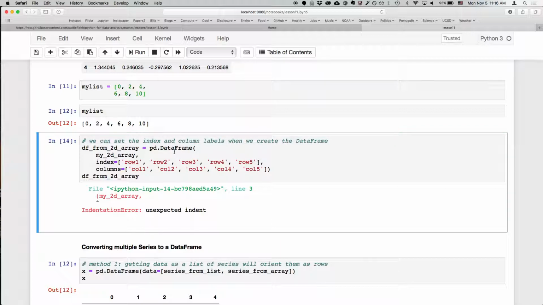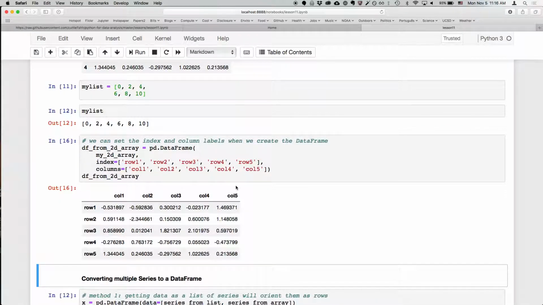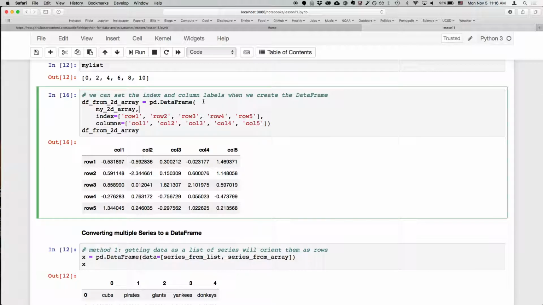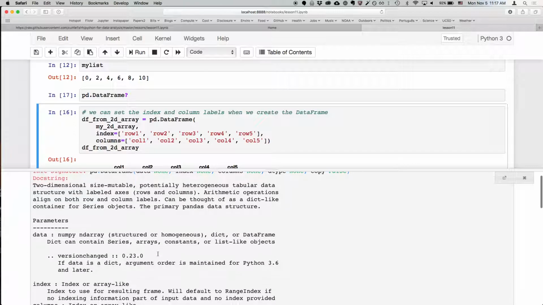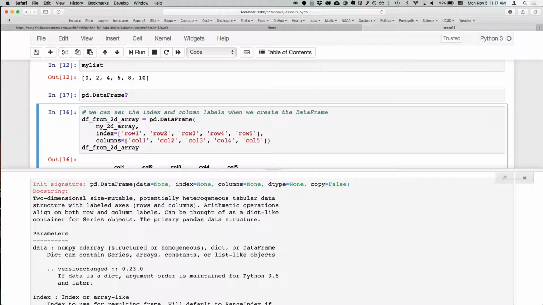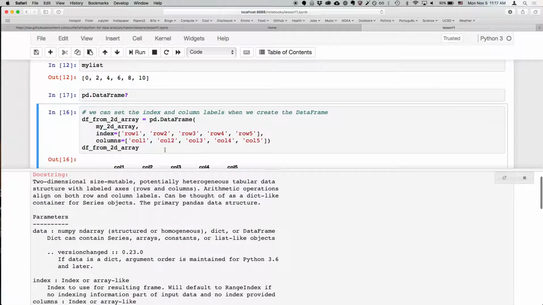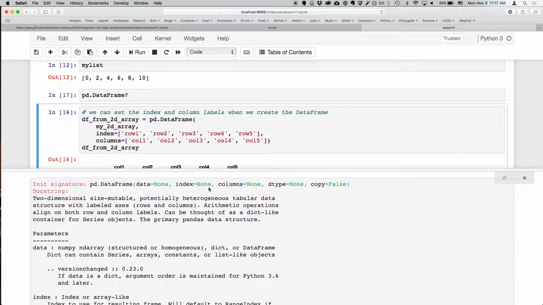But just a little thing. This is sometimes nice to do because now you can see you have your parameters all kind of lined up here. If we want to find out more about the data frame function, we can type pd.DataFrame question mark, and we can see that it takes data, index, columns,